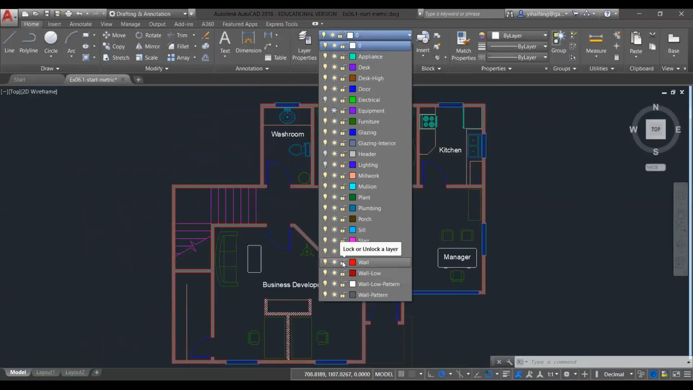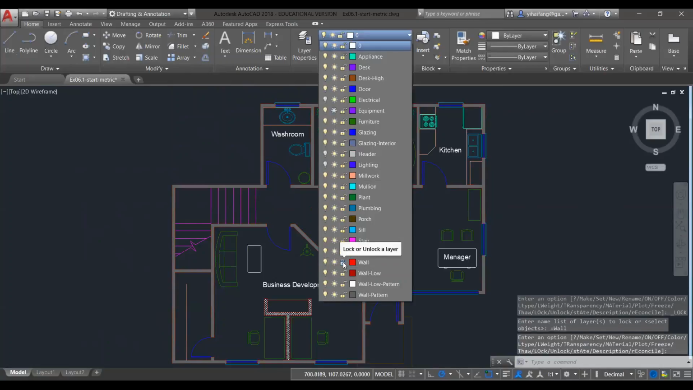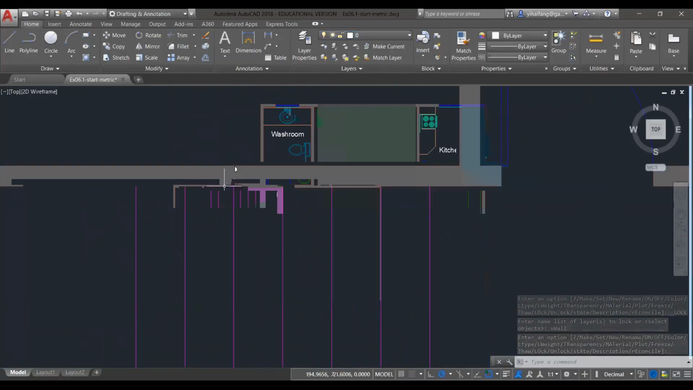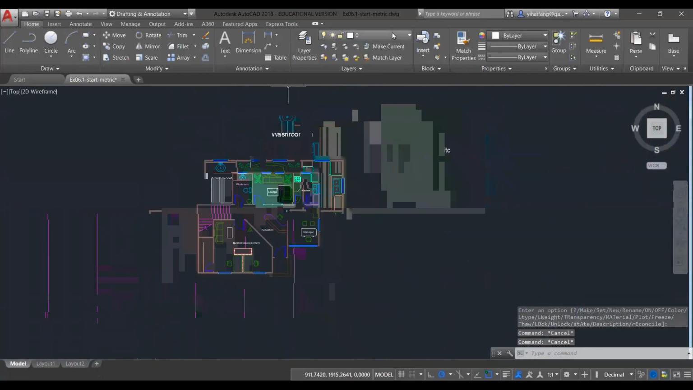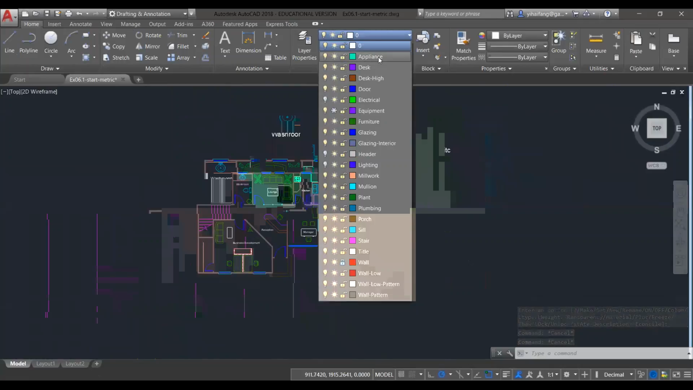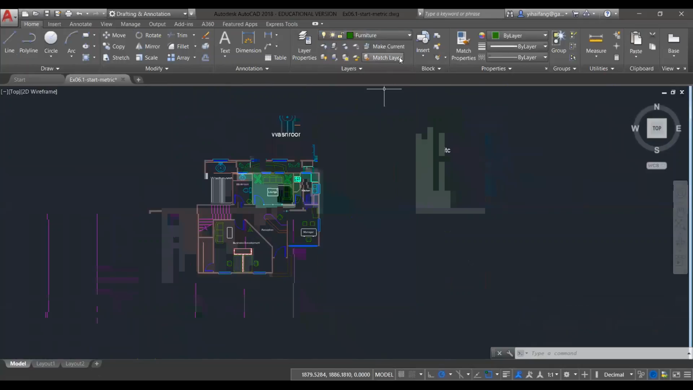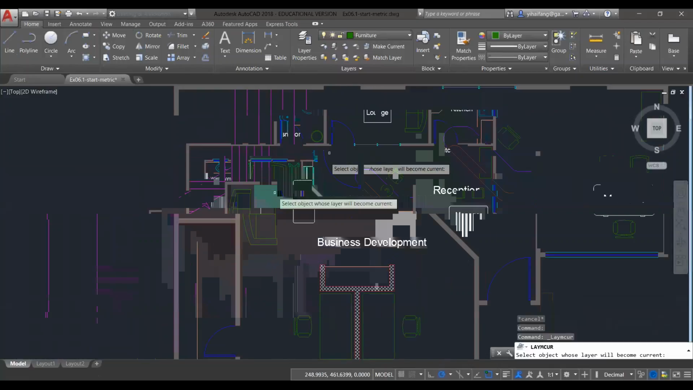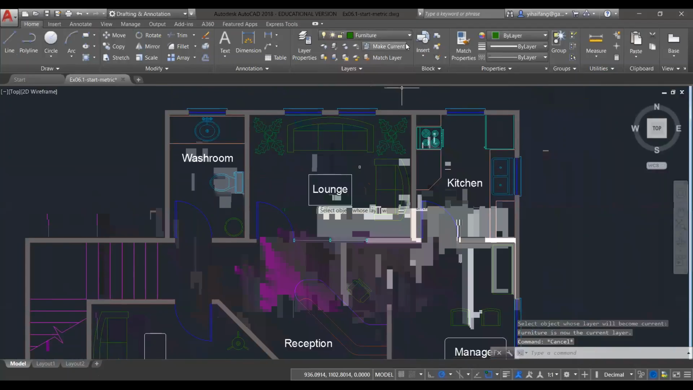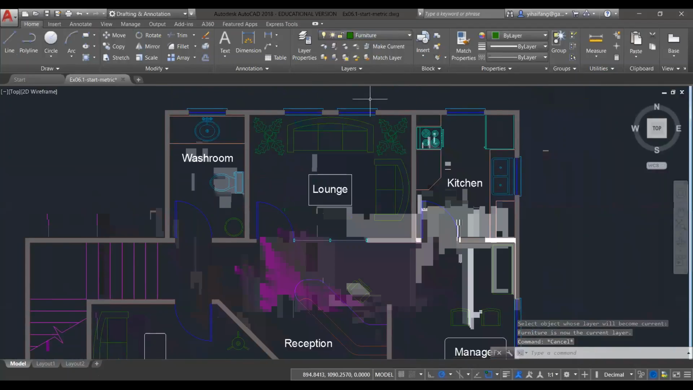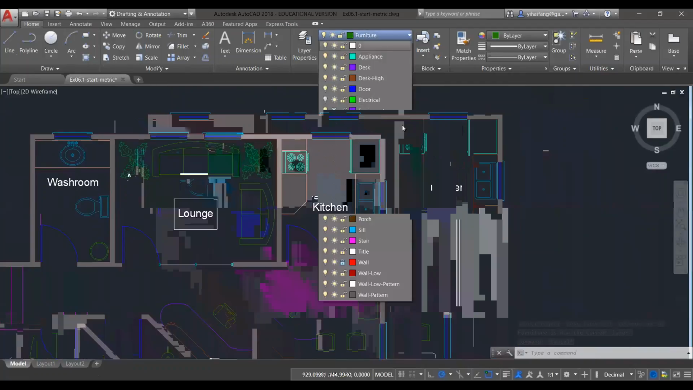Now, if we go to lock and unlock, this is different. Let's say we're still on the wall layer, and if I unlock it and zoom in, probably wall is not the best demonstration here. Let me go to furniture, and I'll make this current. Okay, so if we try the furniture,